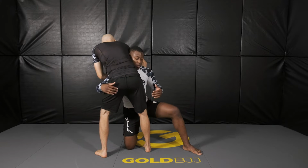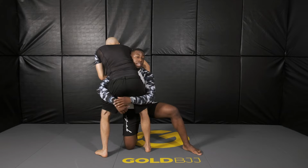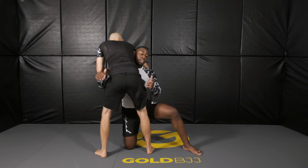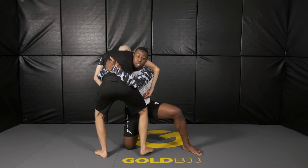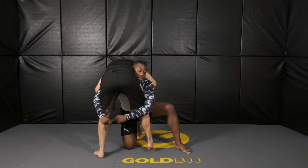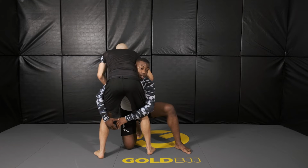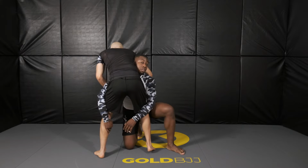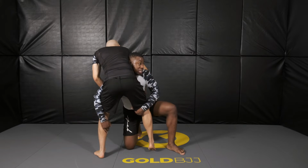The reason why is because when you grab at his butt here, he has more space to back up. He can sprawl on me, right? And this kind of creates more of like a body lock situation, okay? But if I'm close to him here, he can't really jump away without me having control of his legs still, okay? So now that I'm in this situation here, I'm going to stand up,